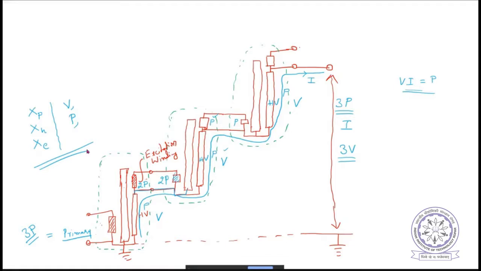If power is increasing, then obviously the reactive loss will also be increasing, right? No, actually, sir, voltage is the same because the excitation winding voltage V is only being provided, but the power is 2 times in the intermediate and 3 times in the last part. So V square by 2P square and V square by 3P square. So 1/4 plus 1/9 plus 1 into XP plus XH plus XE.